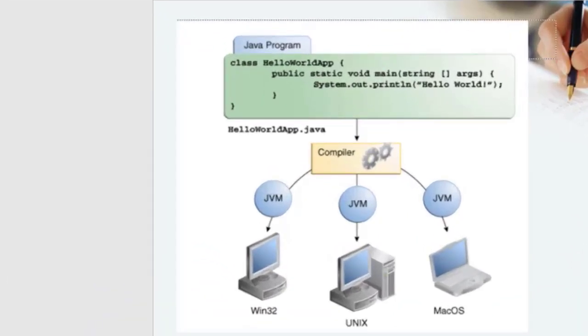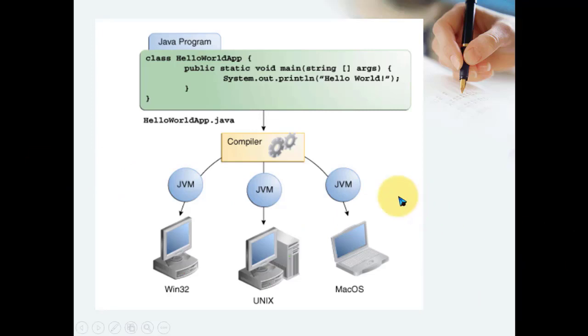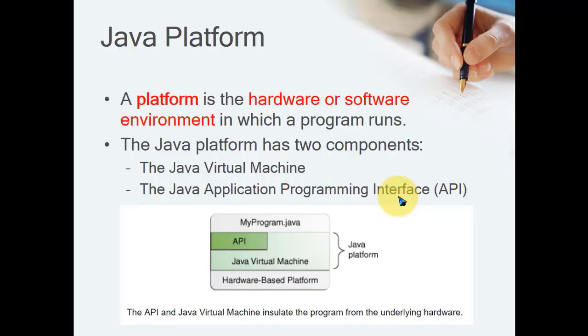Yesterday we have seen just a little bit of history about Java as a programming language and how Java works on different platforms. Now, today we go into a little bit more detail about Java platforms, Java architecture, how to install the Java setup, that is JDK, and how to write the first program in Java and compile and execute.